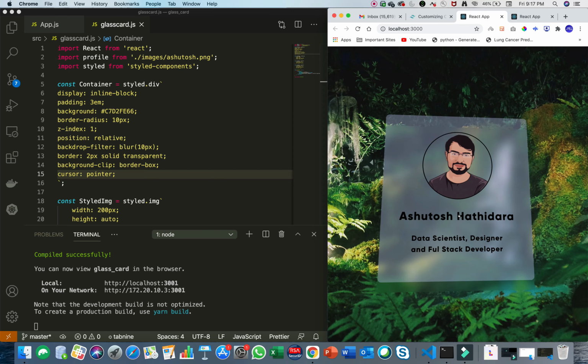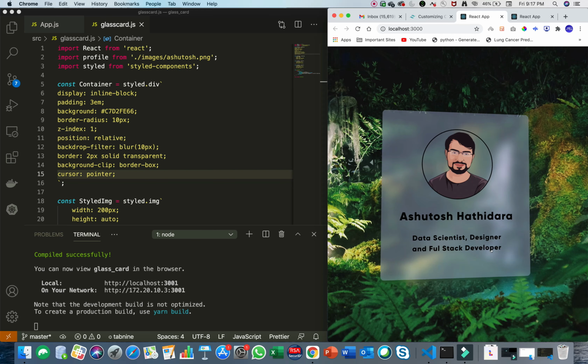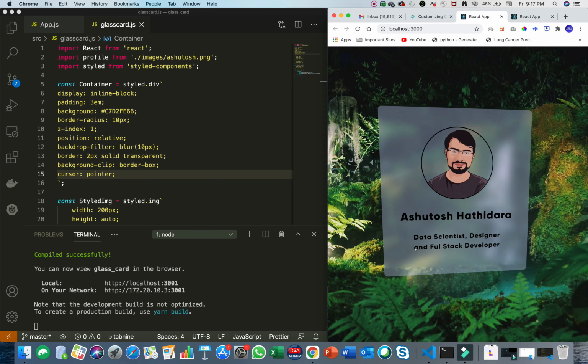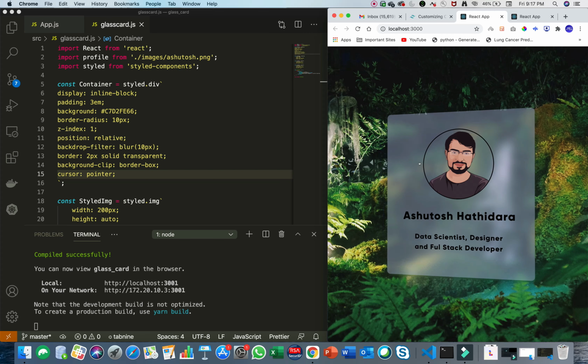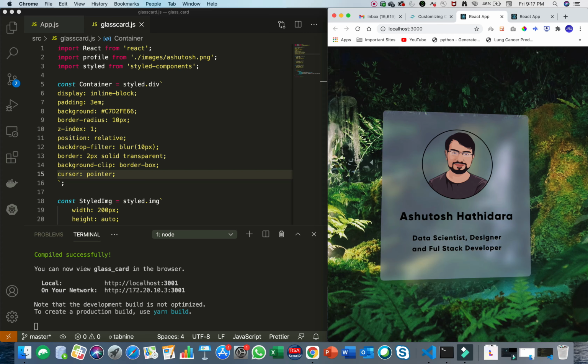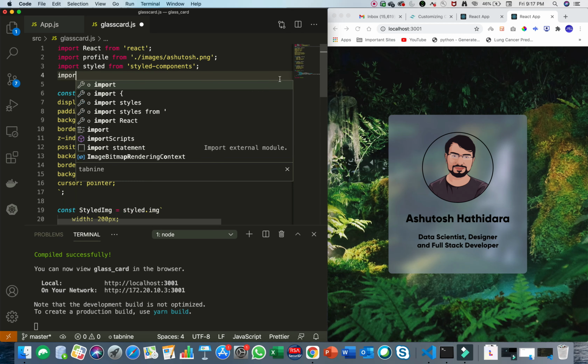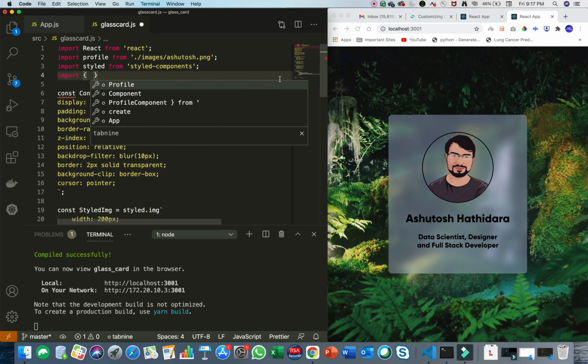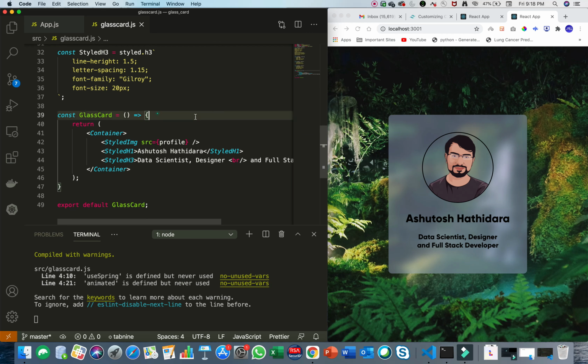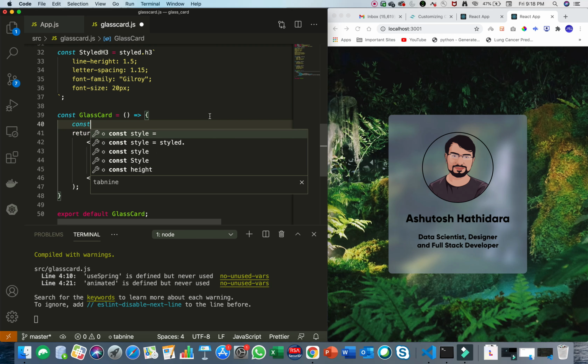If we hover over the card, it should give us this 3D kind of view, and we are going to do this using React Spring. So first of all, I'll import three or four elements. I'll import useSpring and animated from react-spring. First of all, we need to create props. What these props are for, I'll explain a little bit later.